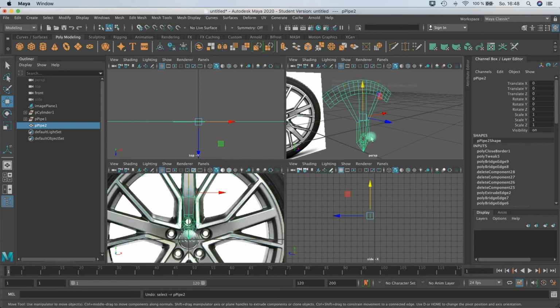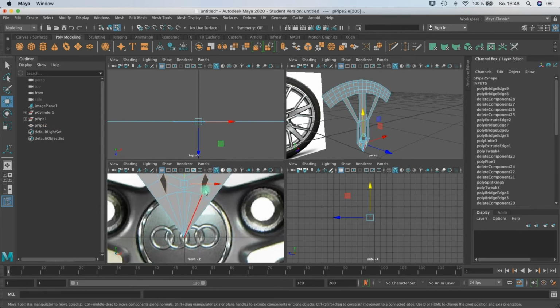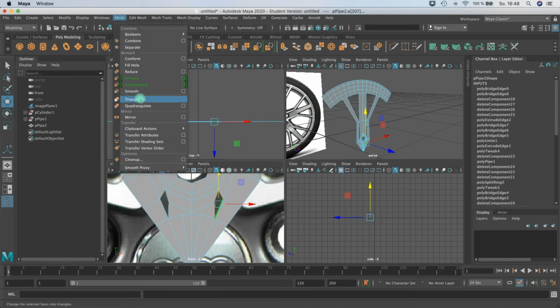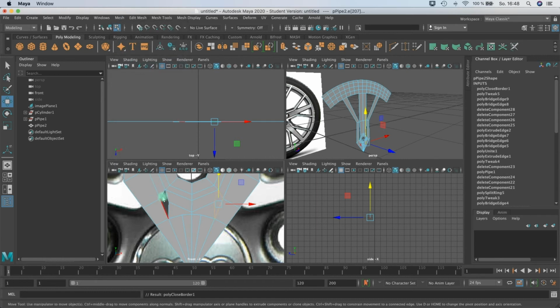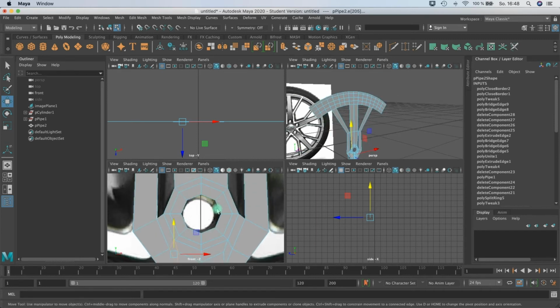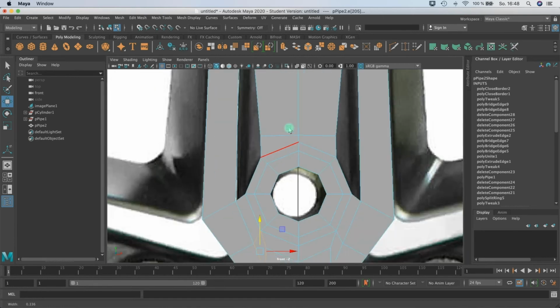I'm not sure if the fill hole was good for the geometry, so I may do it separately and not all together. Fill hole, okay, yes, now it keeps my color. Press G on the keyboard to, and here